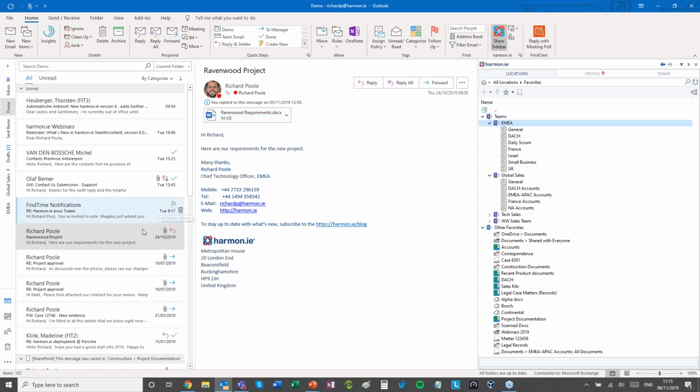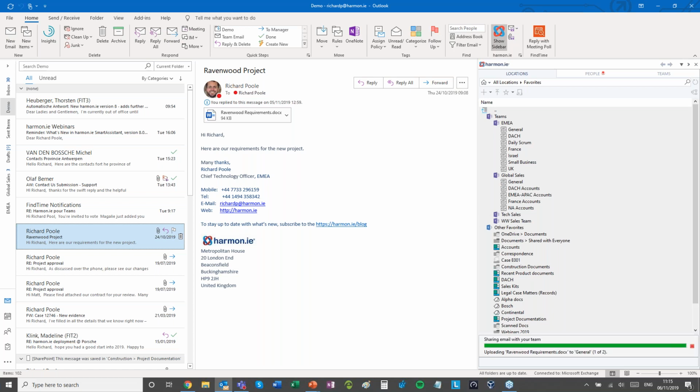So if I drag and drop the email into, let's take this general channel that I'm a member of at the moment, I'm going to drag it onto there, and what's happening in that instance is that it's saving the email to the team mailbox, and it's saving the document to the team files, so the underlying SharePoint library